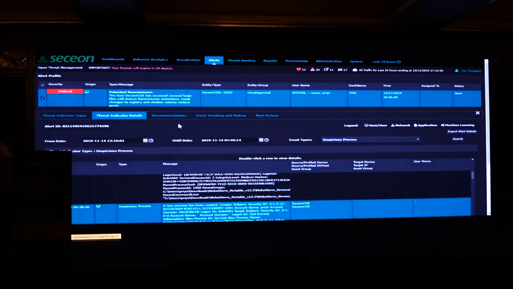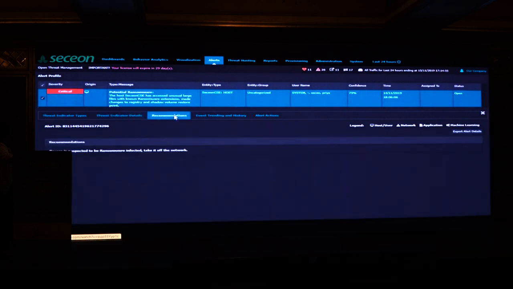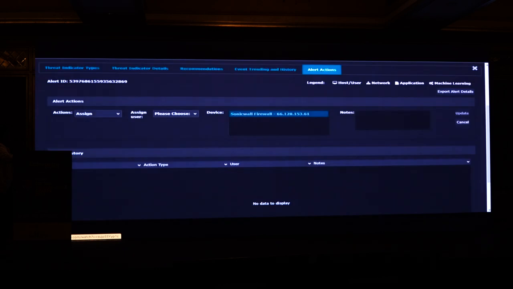I can also see the recommendations, what the system is telling, and here it is. It says I should remove this machine from the network. With this, I'll move to remediation. In the Alert Actions tab, I need to go to the Action drop-down and choose Remediate. I will see that a list of devices will appear in this, and here as I can see it's a